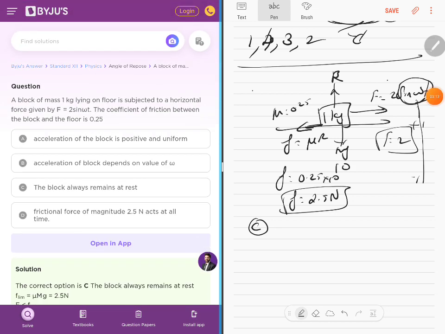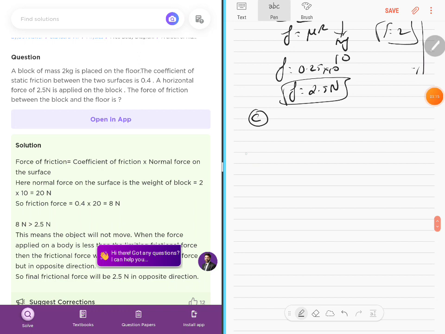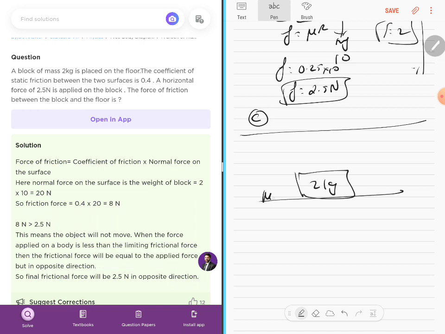So let's go to the next question. The block of mass 2 kg is placed on the floor. The coefficient of static friction between the two surfaces, mu static, is 0.4, and you know that the horizontal force of 2.5 Newton is applied, and the frictional force will be in this direction. Friction force is equal to mu into normal reaction. This is 20, and hence the normal reaction will also be 20. Mu is 0.4 into 20, so when you multiply,